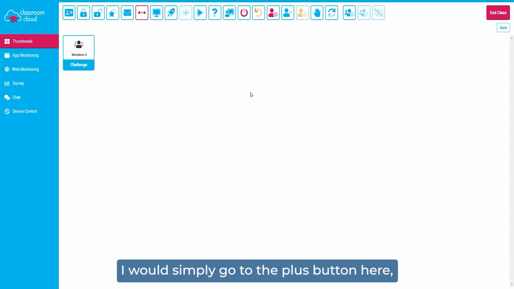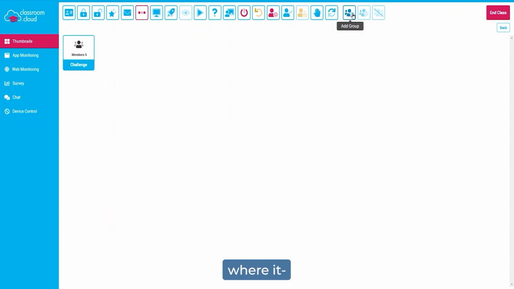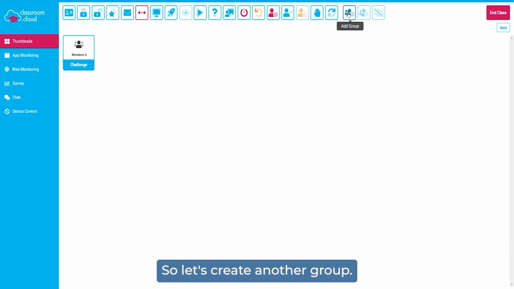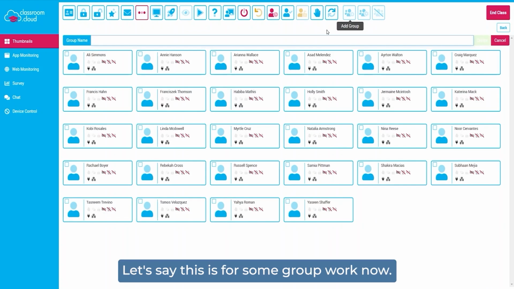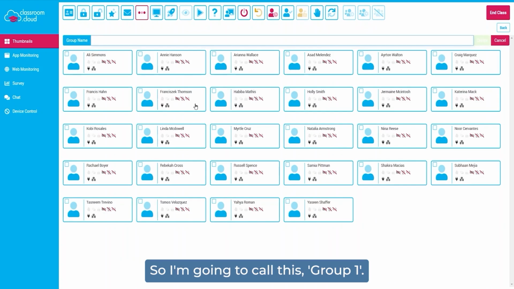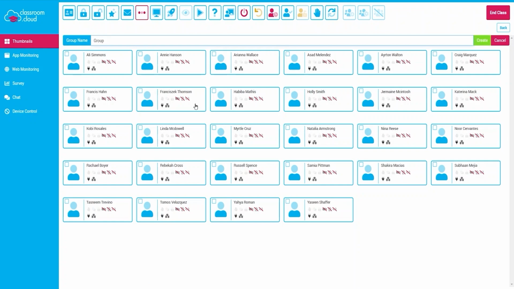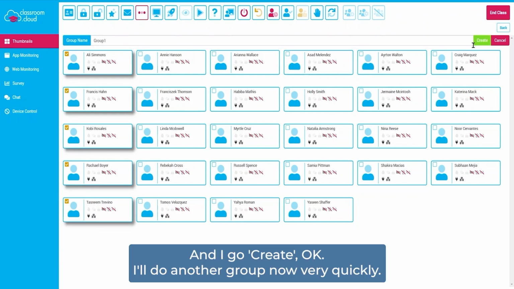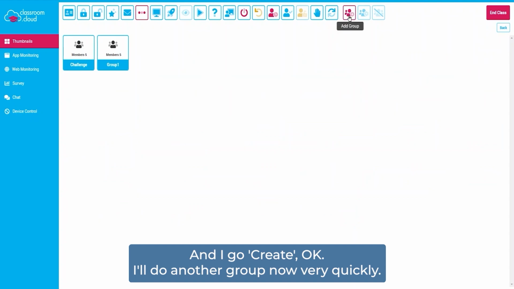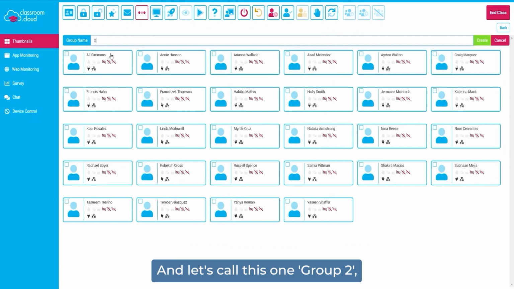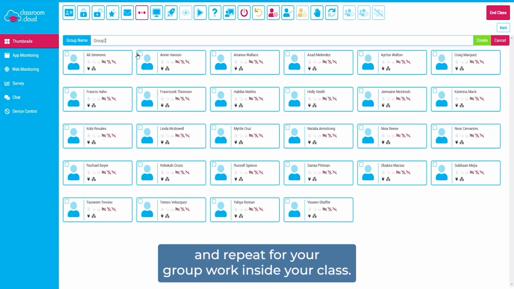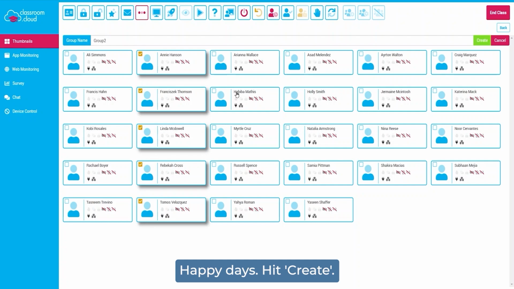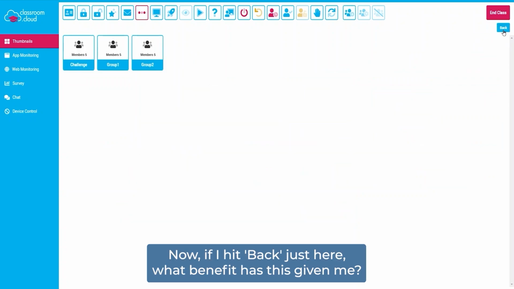If I want to make another group, I would simply go to the plus button here, so when you hover over it, you can see it says add group. So let's create another group, and let's say this is for some group work now. So I'm going to call this group 1, and I'm just going to tick these here like so for group 1, and I go create. Okay, I'll do another group now very quickly, and let's call this one group 2, and repeat for your group work inside your class. Happy days. Hit create. Now if I hit back just here,